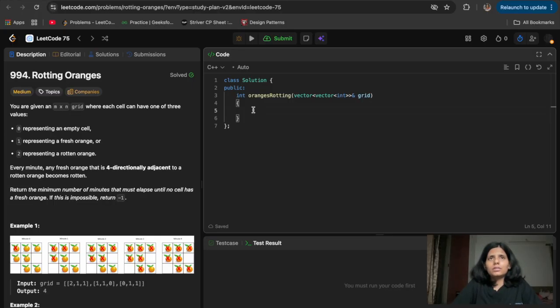If we are unable to rot every fresh orange, then we need to return -1.